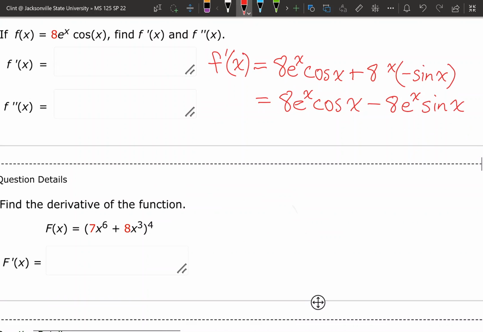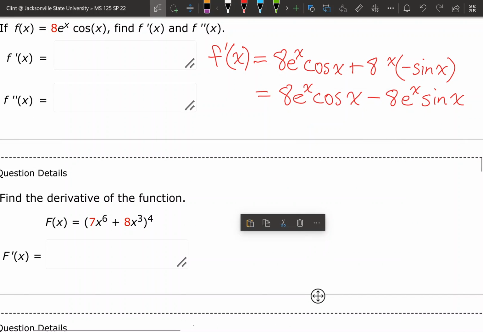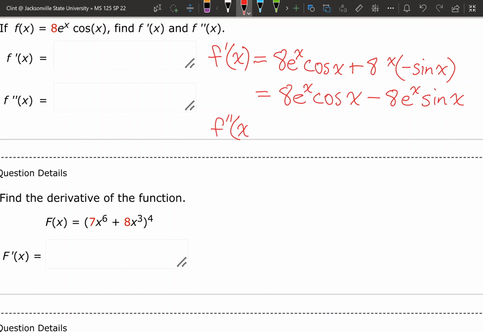Then second derivative. Did I lose an e there? Yeah, I accidentally erased that e there. Okay, so